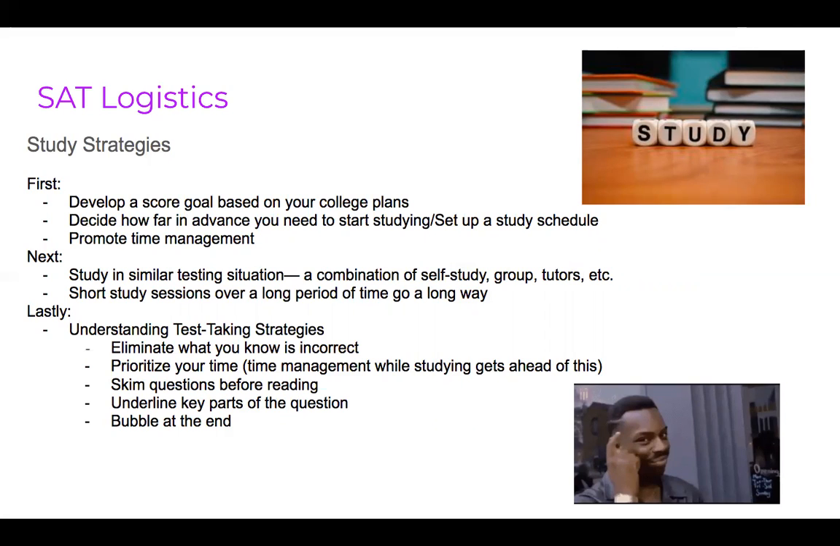You want to think, okay, for me personally, what's a score that I want to get? What time of the day do I like to study? When are some of the days where I know I can't, etc.? And you want to study in a situation that is similar to the conditions that you're going to be taking the test. So it's good to do a combination of self-study, group tutoring,